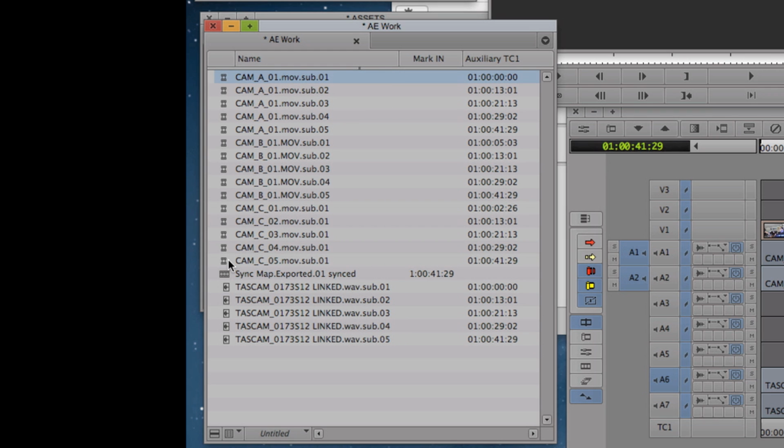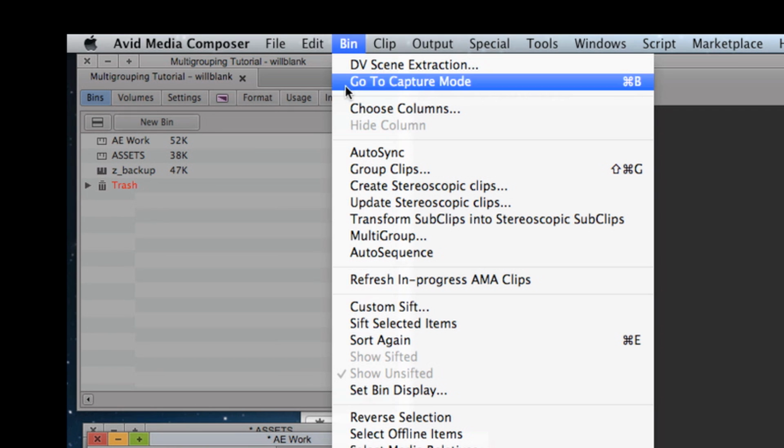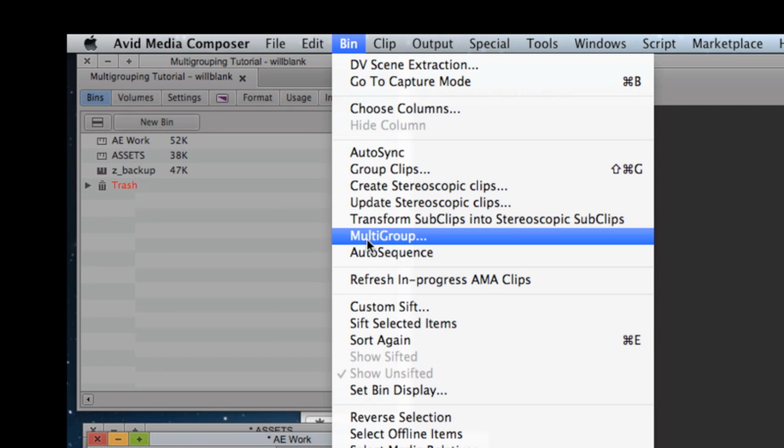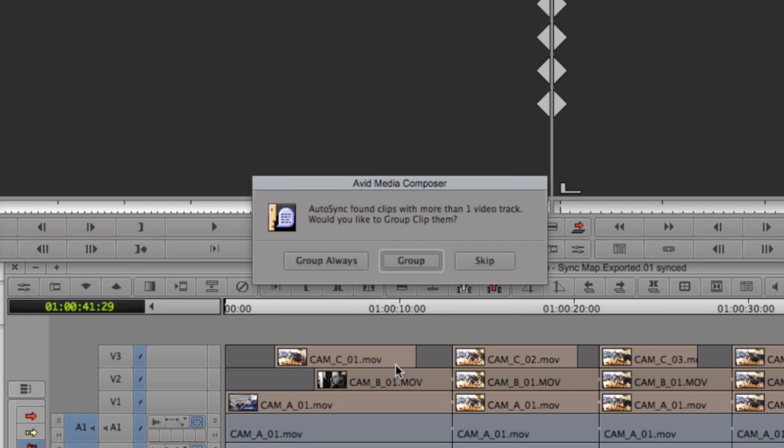So select all of your subclips that you've created and click Bin and go down to Multigroup, click it, and make sure that you sync clips using auxiliary timecode 1. And that's pretty much all you'll need to touch. You can make the window look like this and you should be good to go. Click OK, and you may get this question. I click Group Always,